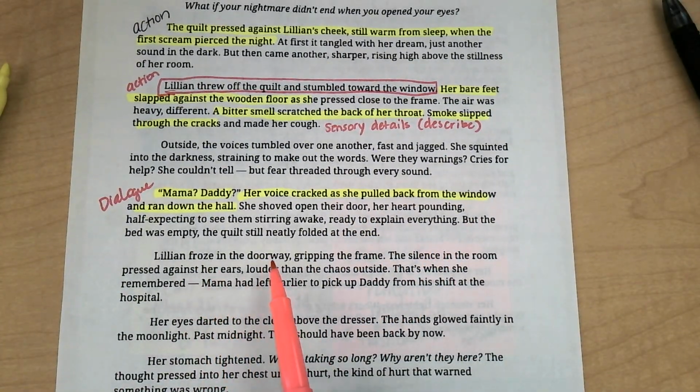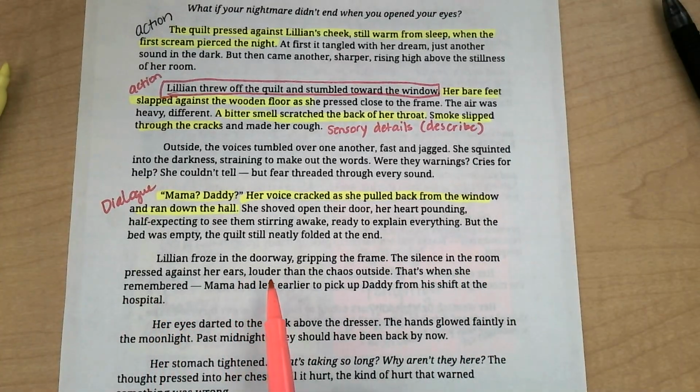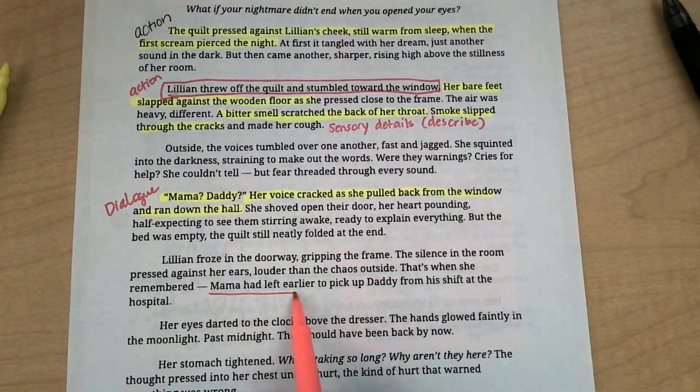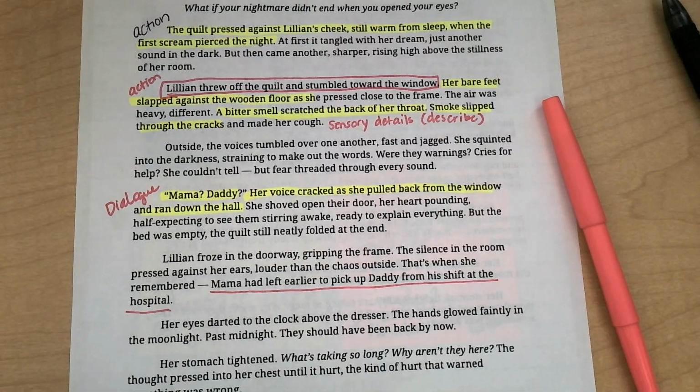Lillian froze in the doorway, gripping the frame. Here's where I'm slowing it down, my friends. The silence in the room pressed against her ears, louder than the chaos outside. Show Not Tell, sensory details. That's when she remembered. Mama had left earlier to pick up Daddy from his shift at the hospital. Okay, now I'm going to talk about this part right here, right? She's thinking about this part, something she's remembering right here. Okay, and then